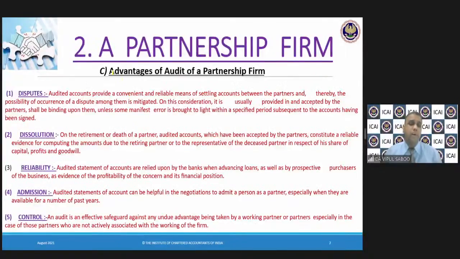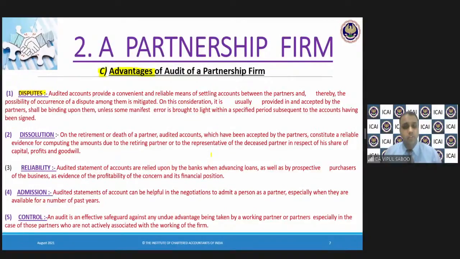Advantages of audit of a partnership firm. This is the most asked 4 marks question in your exam. You will find it in your revision test papers as well, and in your previous papers as well. Advantages of audit of a partnership firm. What are the advantages? If there is a dispute among the partners, then